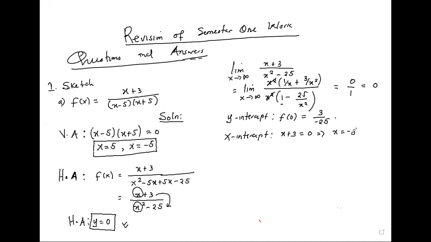When you do so, equating the whole function to the horizontal asymptote, which is 0, what we'll get is x plus 3 over x squared minus 25 is equal to 0, which is simply x plus 3 is equal to 0. So x is negative 3. That very thing. So when we sketch,